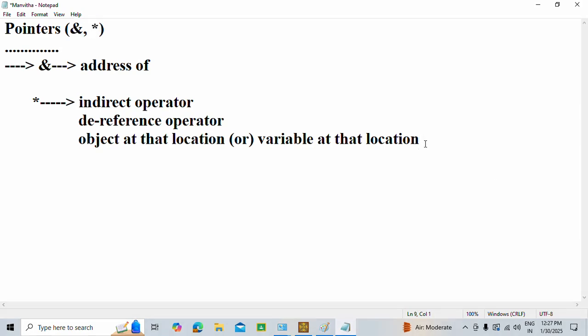Okay, so next one is, what is the meaning of int a? Here a is a variable of type int. In a we can store integer value. Similarly, what is the meaning of int asterisk ptr? So this is a pointer variable declaration. Here the ptr is a variable of type int asterisk. So please remember, a is a variable of type int. In a we can store integer value. Similarly, ptr is a variable of type